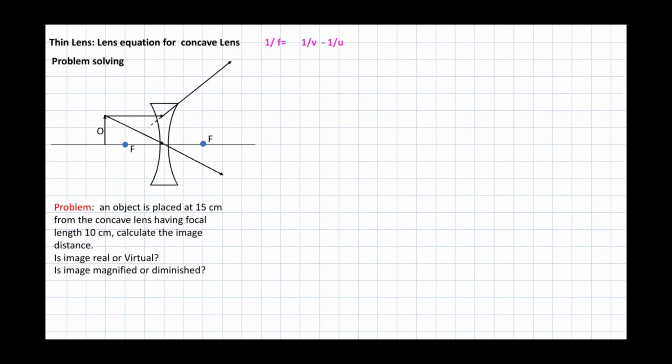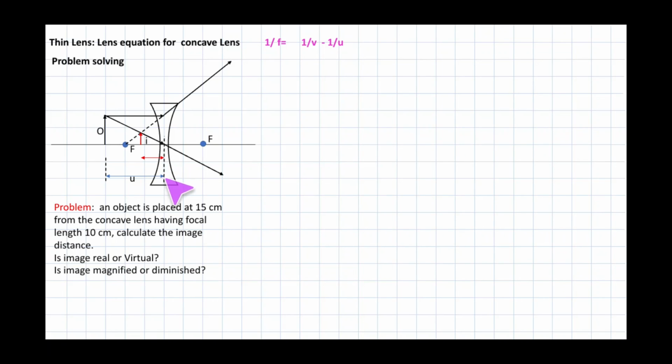Now here is how the image forms. See, when this ray is traced back to the point from which it is supposed to appear, so this is a focal point, and now this line is actually intersecting this other line at this point, and the image is formed here, so that you should remember. So this is the image formed, I. So this way, using a concave lens, the image is formed.